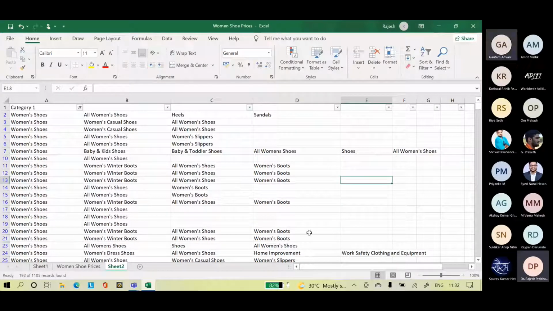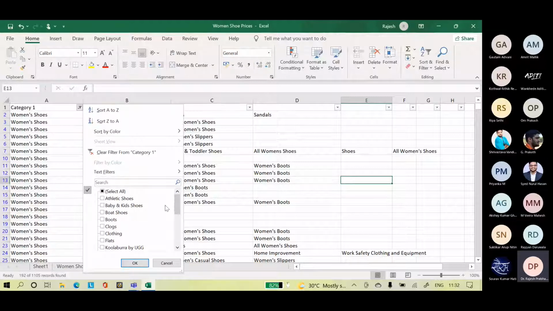Now, what should we do? Yes, sir. I think we need to create one general umbrella category. Pardon? I think we need to create one umbrella category because the women's shoes are reflecting in columns and rows together. So there's no umbrella category that we can categorize all the shoes. So women's shoes, you can see there is a lot of information. Basically, heels and sandals is one thing which is categorized. So in this category of women's shoes, heels is there, loafers is there, heels and sandals is not there, right?